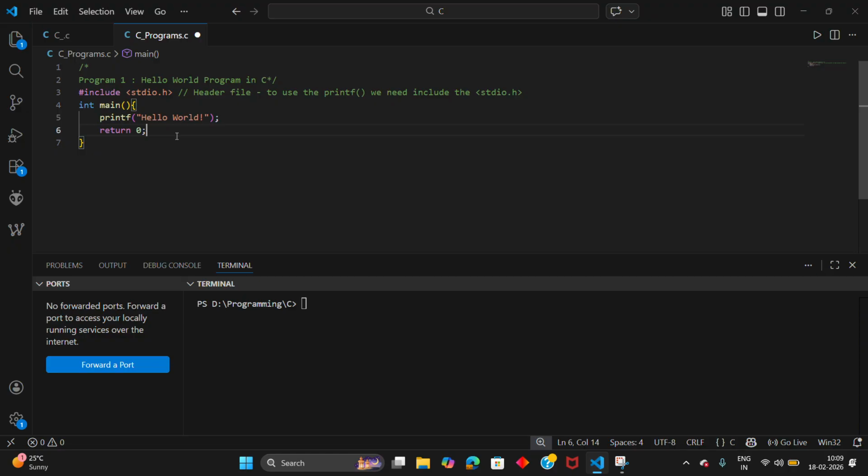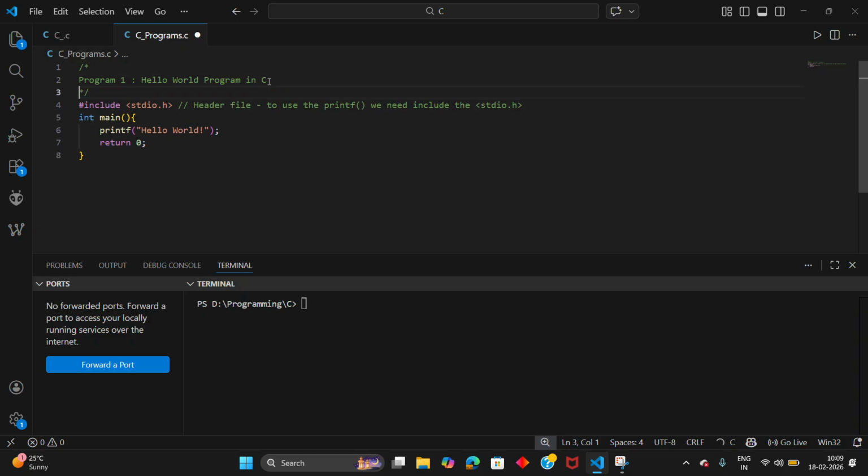This is one way of writing the printf statement. This is one way of writing the hello world program, method 1 in the hello world program, using the printing function to print hello world. This is one way; there is another way as well, so let us discuss that too.